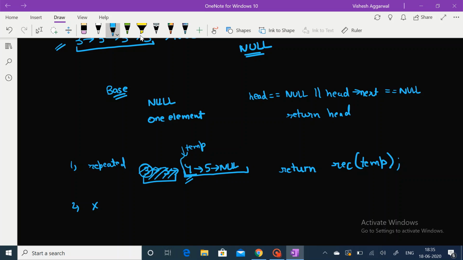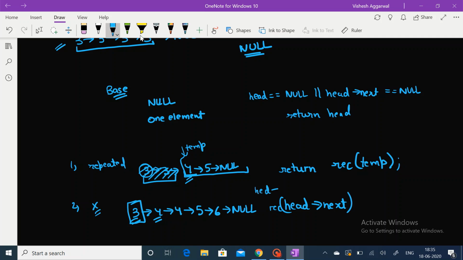And suppose the head value is not repeated, in the second case, suppose the linked list is 3, 4, 4, 5, 6, null. In this case, the head value is 3 and its next value is 4. So it means that 3 will be in the answer. So what we will do is we will store the answer which comes from the next node in the head next.